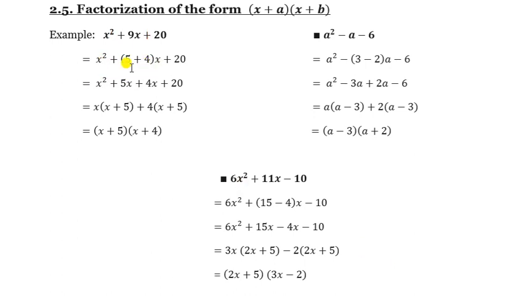Then this x will come inside. So x square plus 5x plus 4x plus 20. Now by group method we can take common. See, x square plus 5x, and here 4x plus 20. If we take x common, then x plus 5, and from these two terms we have to take 4 common. See, you'll get common 4 and x plus 5. Again we can take from these two terms x plus 5 common. You will take x plus 5 common, which one will be left? That x plus 4. So x plus 5 in bracket x plus 4. This is the factor of the given expression.